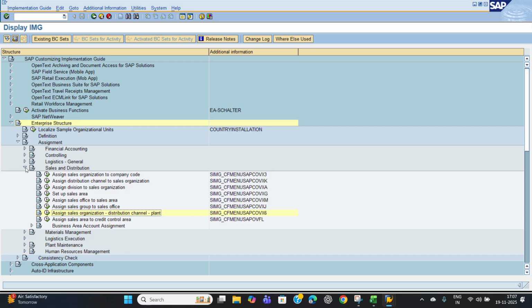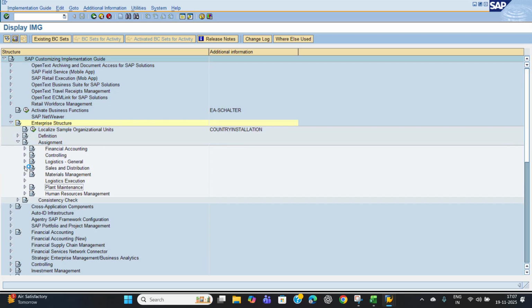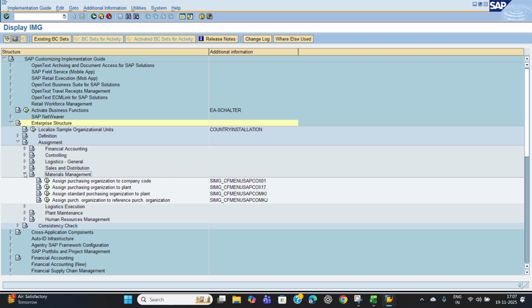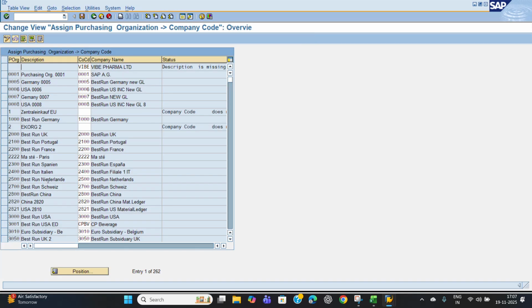Close this sales and distribution module, and the next module comes under material management. Open this material management by clicking on this arrow, and in material management there are two assignments, which are assign purchasing organization to company code and assign purchasing organization to plant. Click on this code. First we need to assign purchasing organization to company code by clicking on this clock symbol